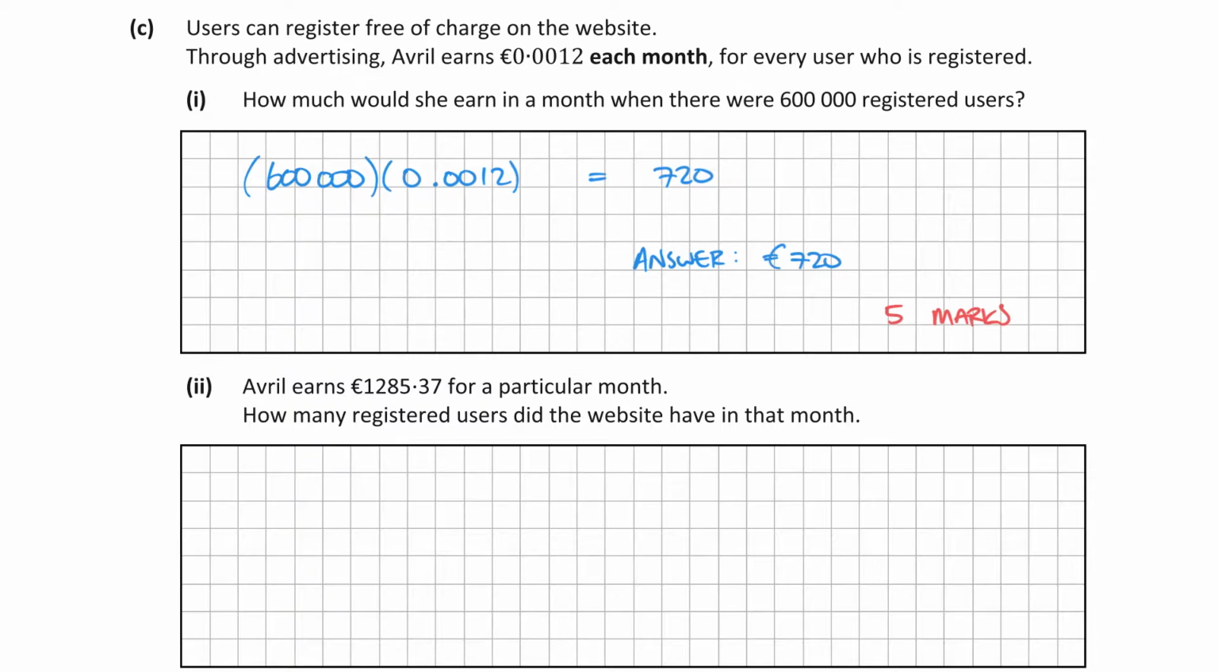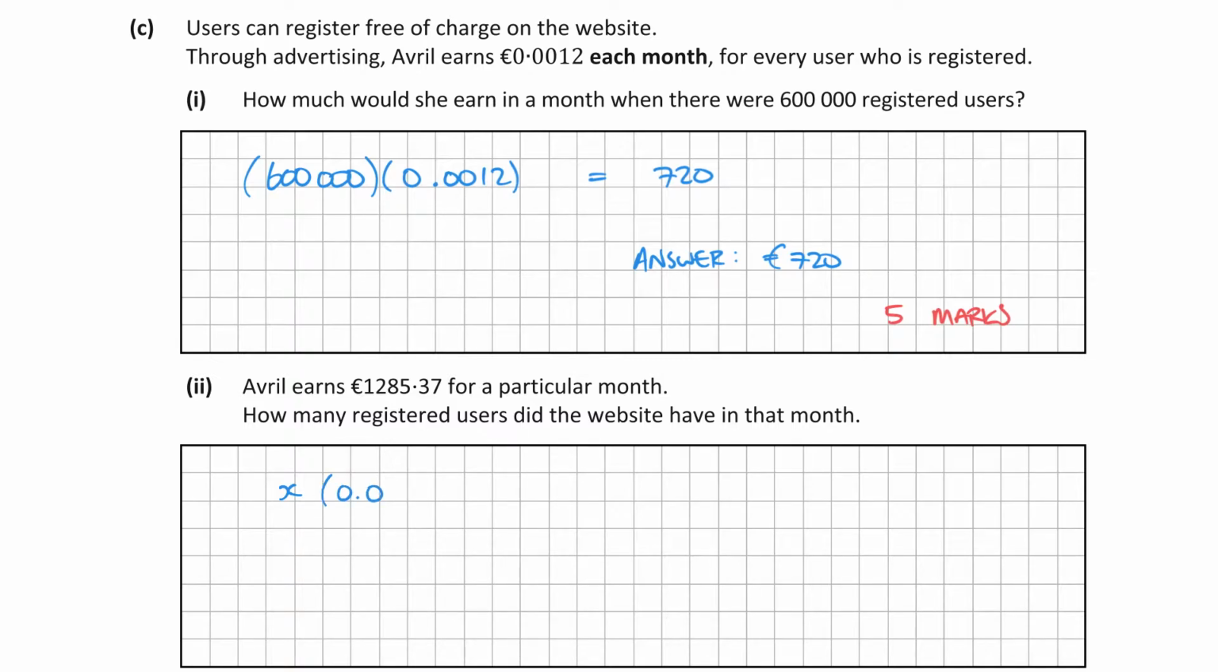Part 2 of that question says Avril earned €1,285.37 for a particular month. How many registered users did the website have in that month? Okay. So we know how much she earned, and we know how much she earns per member. We just don't know how many members there was. So to find out how many members there was, what we need to do is form an equation. So the number of members that month, we'll just call that X for now,